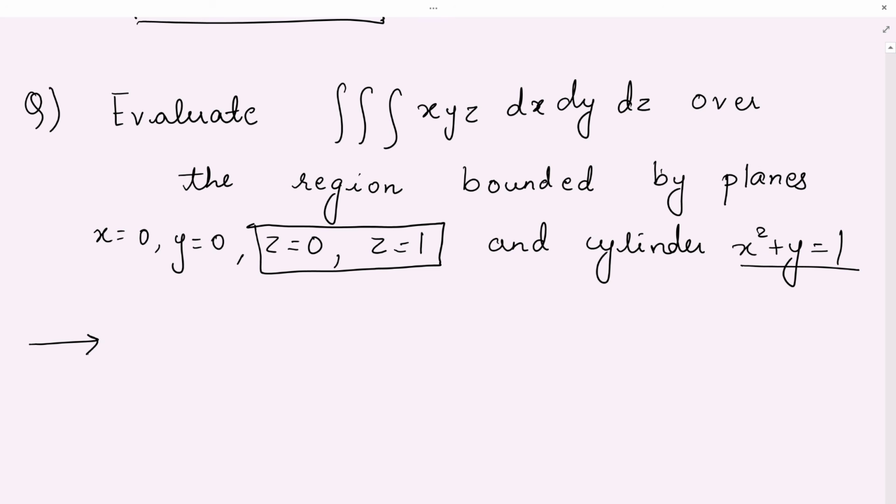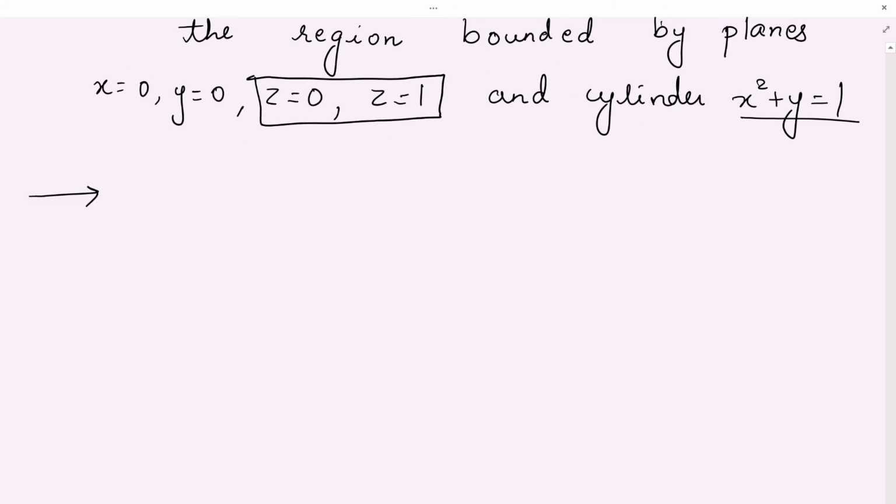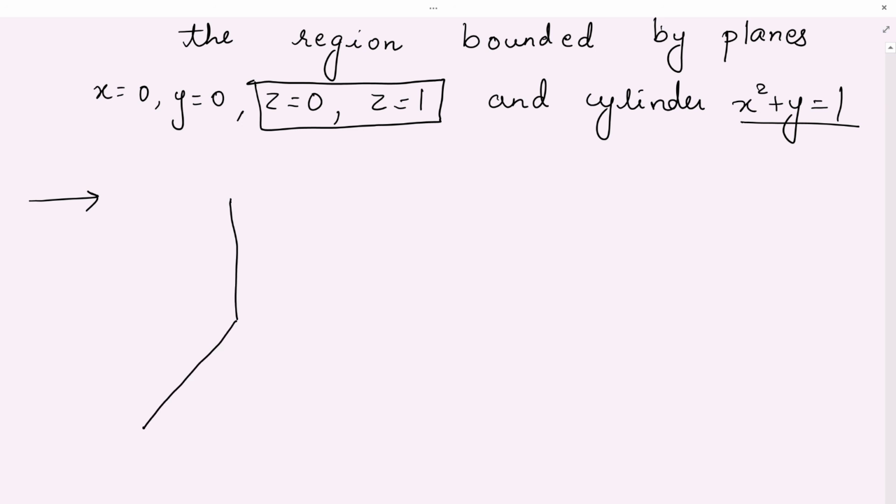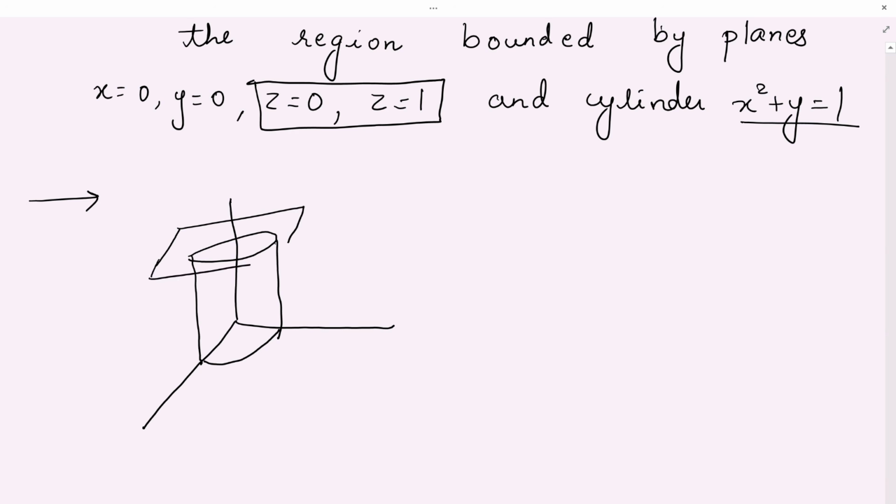So I think this is not difficult for you now. It is very simple. But since the projection is over a cylinder, a diagram will be somewhat like this. A cylinder, I'm not very good at drawing the cylinder, but still let me try. It will be something like this in three dimensions. So you will have a cylinder like this and a plane z = 1 as we saw right now. So the plane will touch over here, z = 1. And the cylinder is x² + y² = 1.